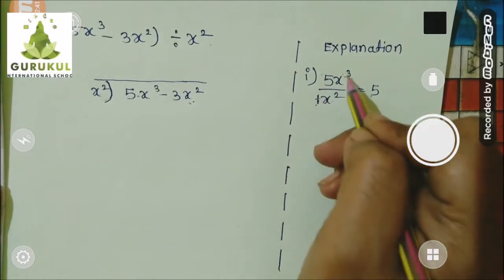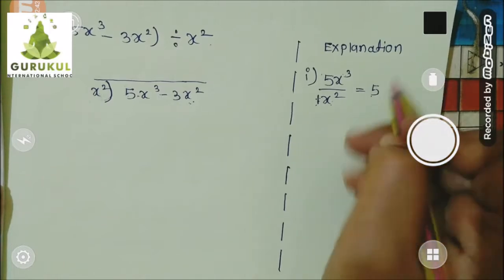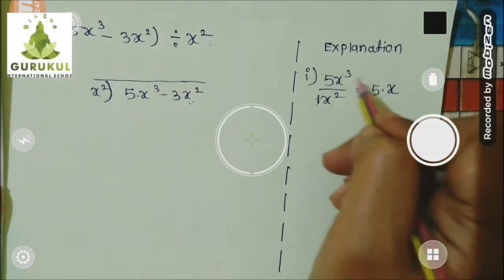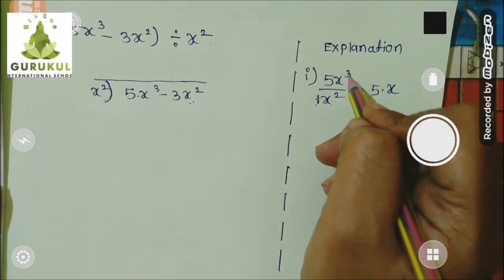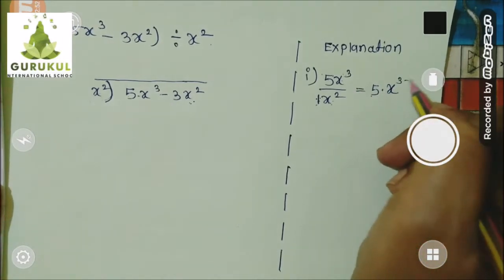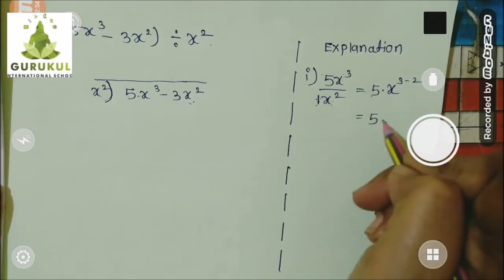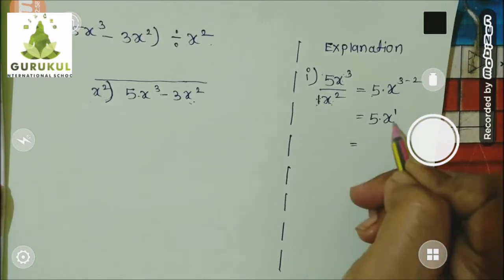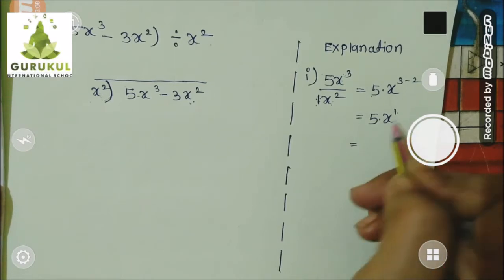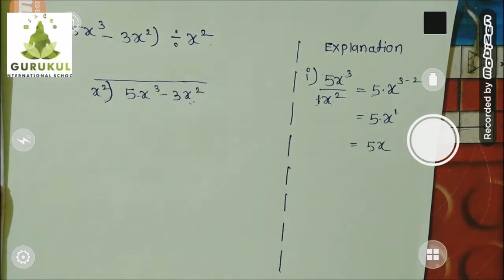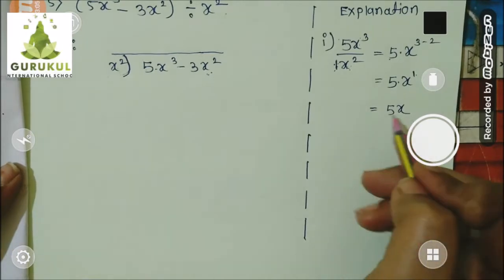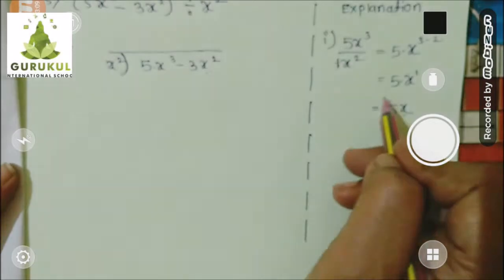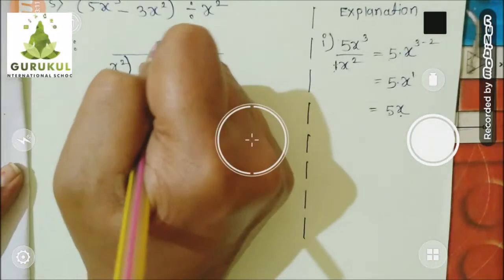Now let's divide these things. Okay, variables. Both are containing the same variable, so I write it once. And you know the law of indices. According to that, 3 minus 2. So it would be 5 into x raised to 3 minus 2, which is 1. And you know very well when x contains index 1, it means indirectly it is only 5x. So this is your quotient which you are going to write over here. So I will write this final answer over here.